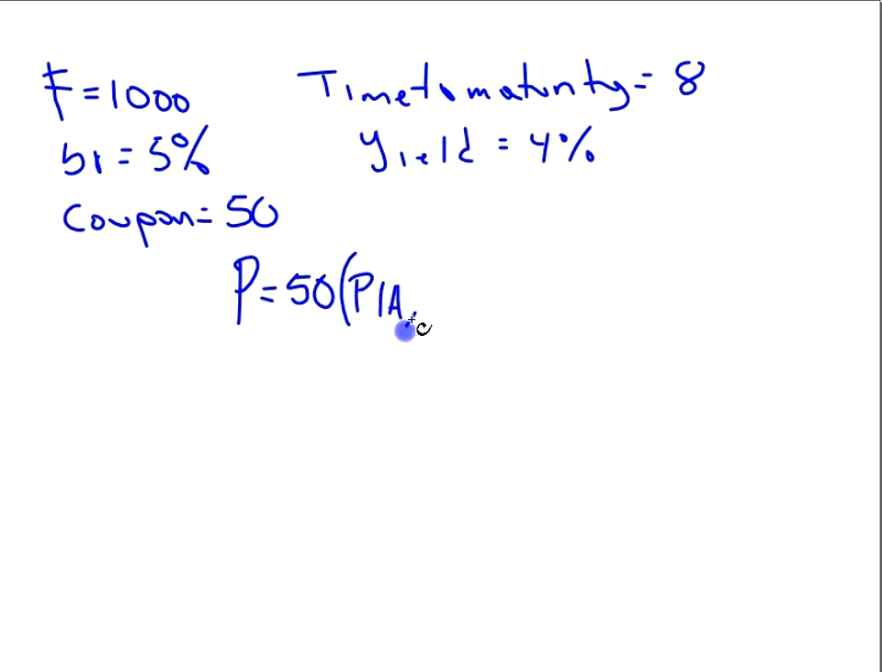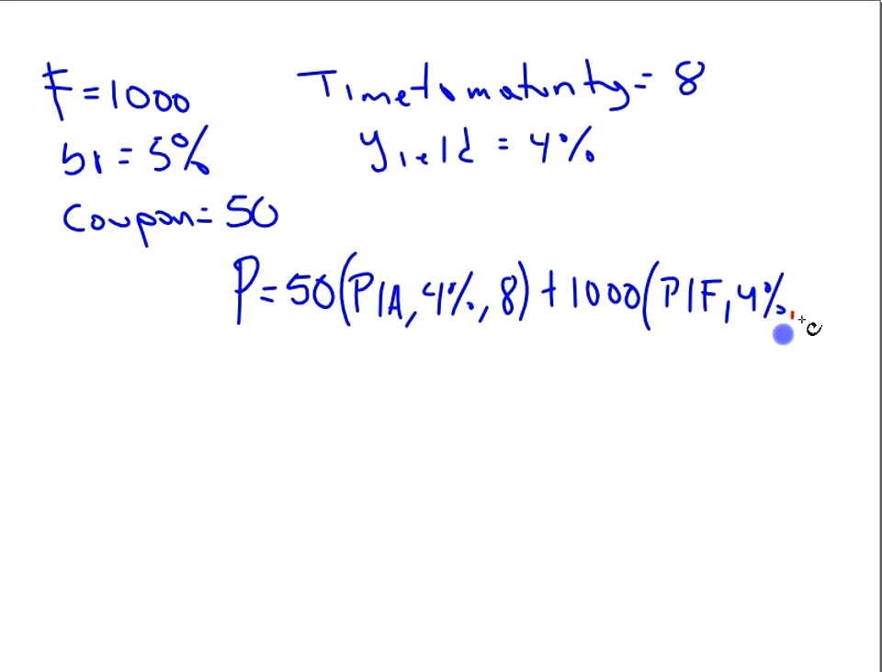We're going to bring back all those coupons to the present. The interest rate that we want to discount is the yield, 4%. We have 8 coupons like that, plus $1,000 that we're going to receive at the end of the life, and we're going to receive it only once, so it's P given F for 4% and 8 periods later on. So the present value would be